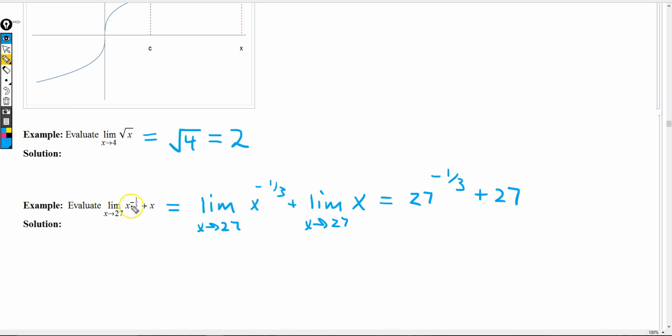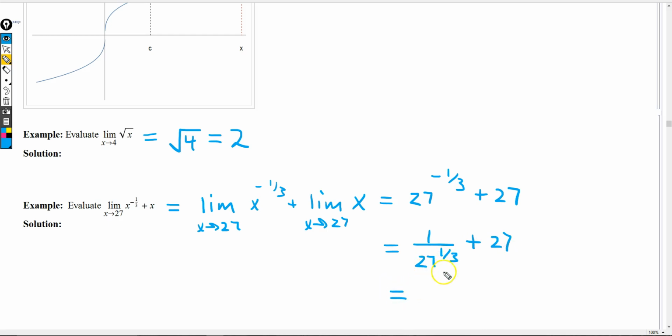So you can just plug the 27 in for the x's, and you get, let's see, what is 27 to the negative 1/3? Well, you have to remember that's 1 over 27 to the 1/3, positive 1/3, plus 27,